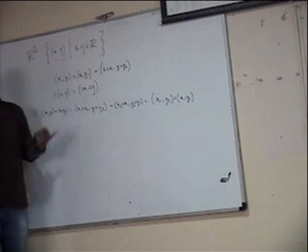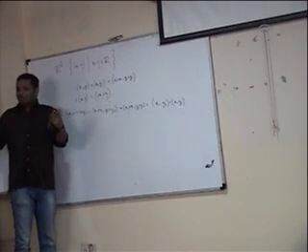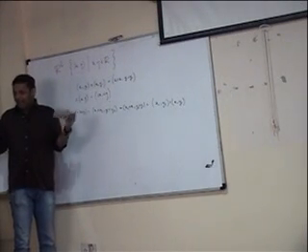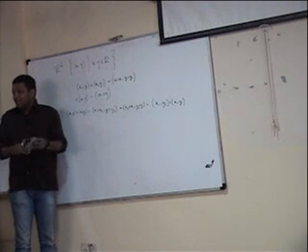So the space where we can add and scale will be called a vector space, and the elements of